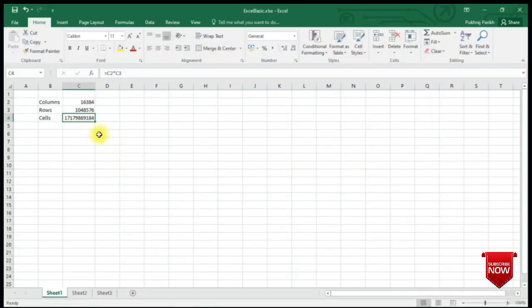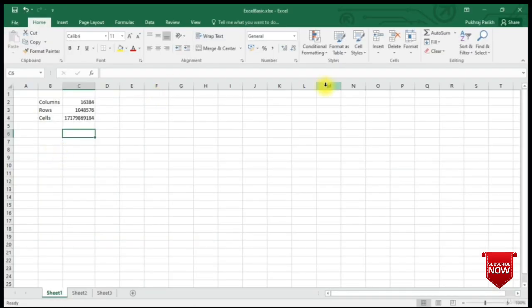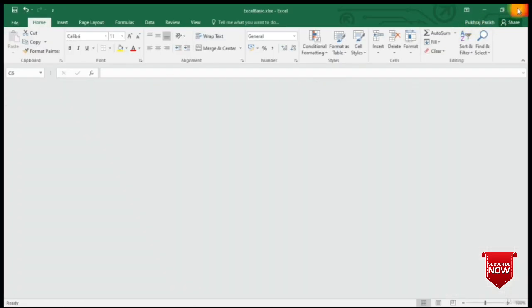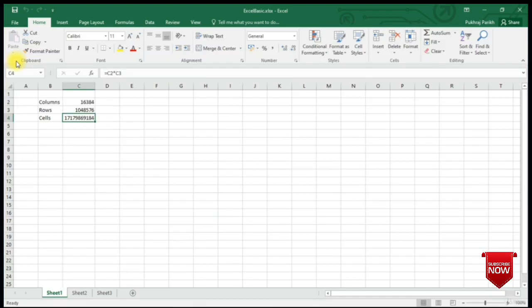Once a file is saved in its location, whenever you make any changes to it, you can just press this Save button, or you can go to File option and click on Save. Now let's close this file once and open it again using this saved file icon. You can see that your file was successfully saved. You can open it anytime and work on it again whenever you feel like.